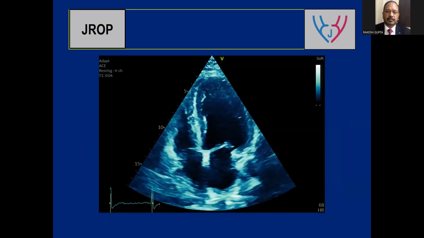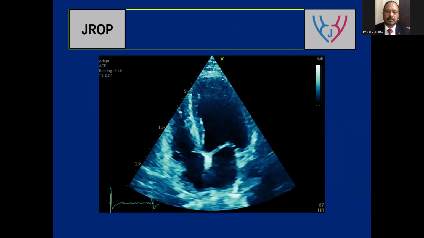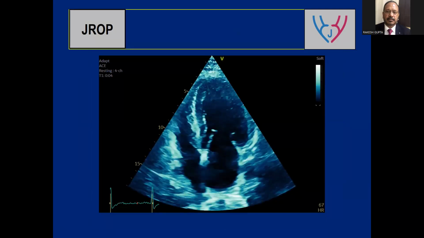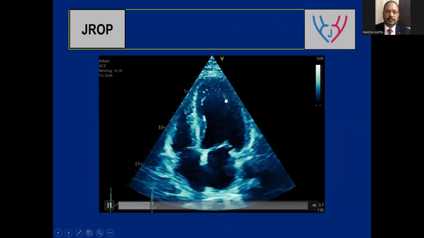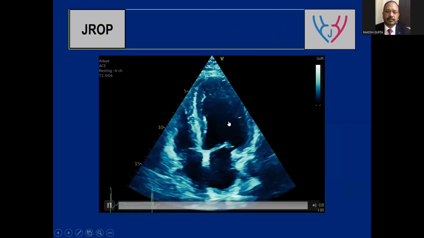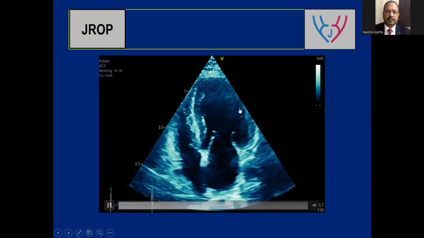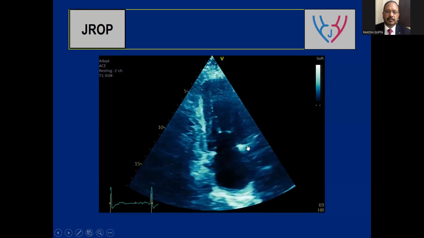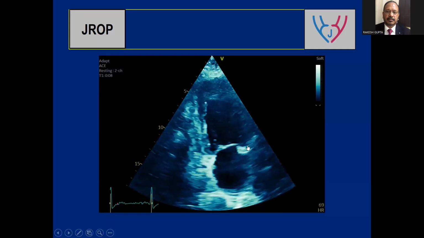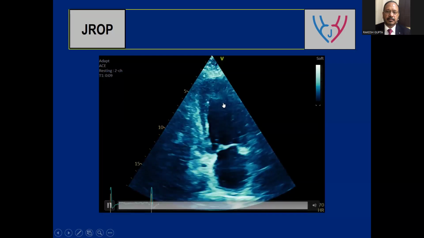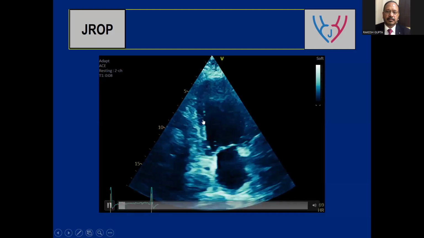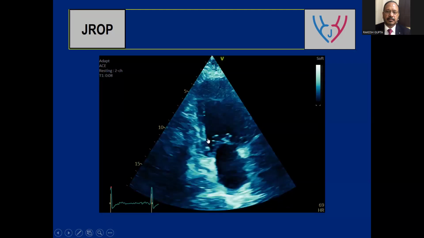Now, another segment. If you look carefully at these wall motion abnormalities, look, the apex is contracting very well. Correct? There's something lagging behind in the lateral, basal lateral wall. Then my whole anterior wall is contracting very well. How about my apical inferior, mid-inferior? But look at the basal inferior segment, which is